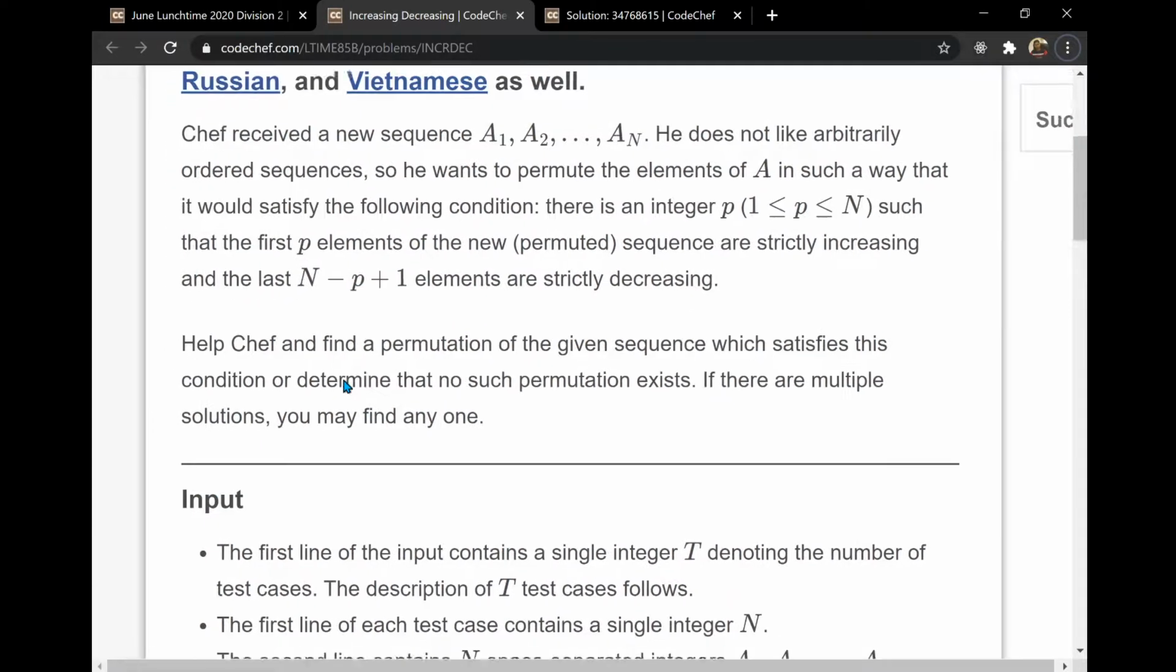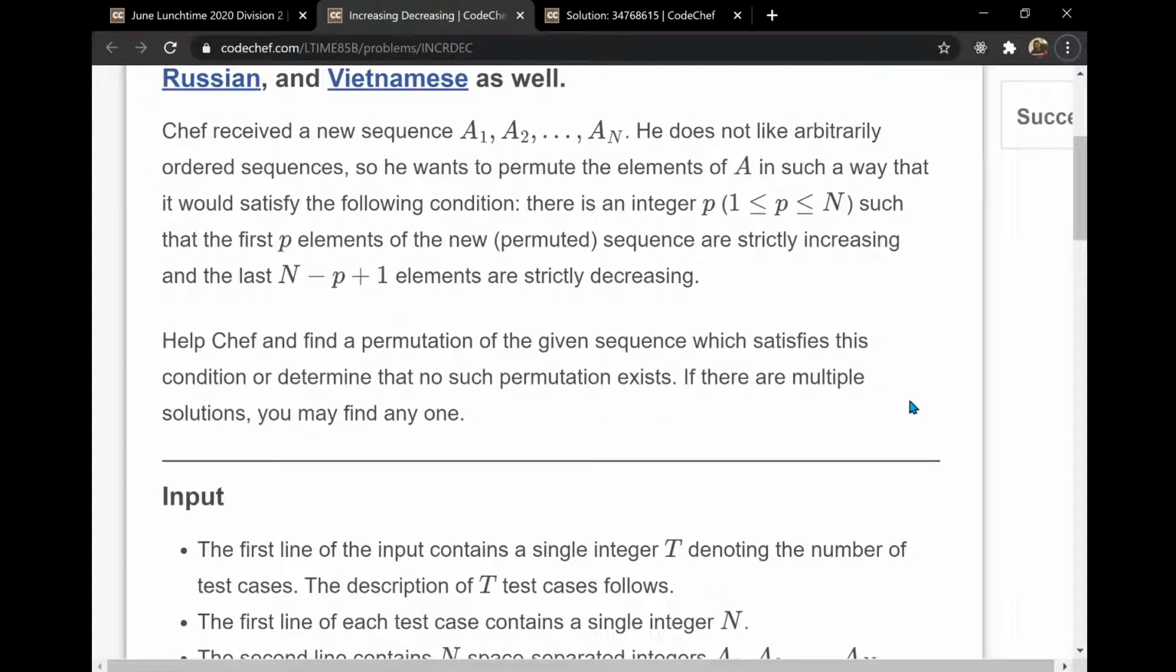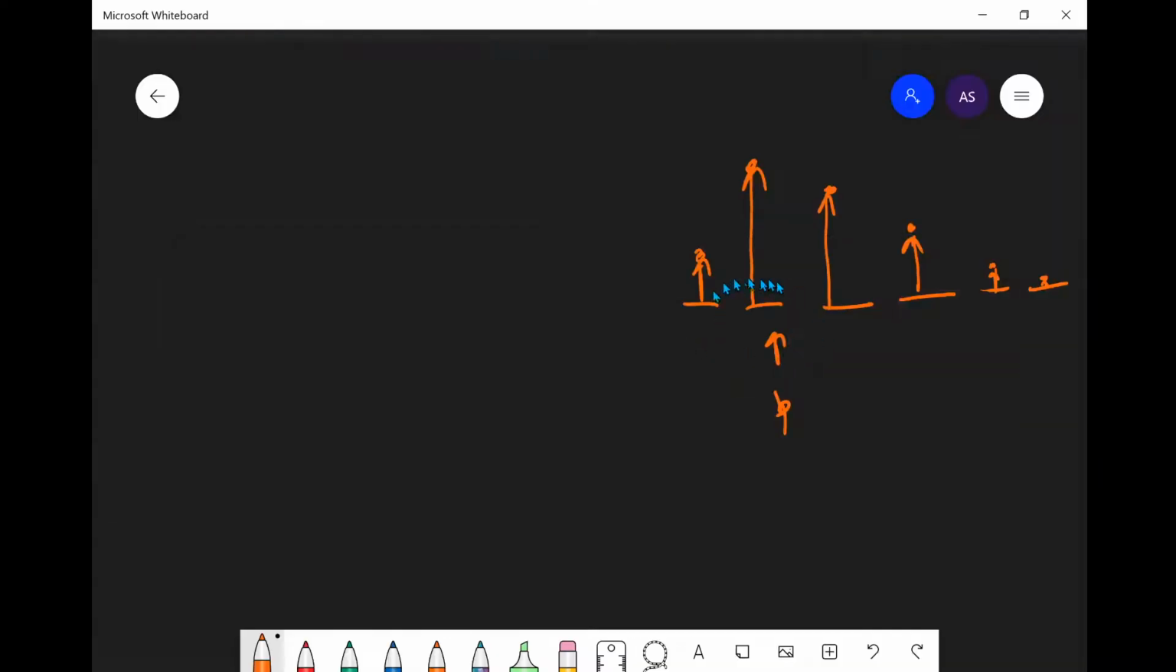You can read the problem, but if I explain it in a simple and clear way without missing any important point, it is something like this. We would be given a sequence a1, a2, ..., an, and we have to make some permutation of this sequence. That means arrange this sequence in any way of our choice such that there is an integer p from 1 to n. Let me explain. Suppose this is the given thing, 1 2 3 4 5 and 6, n equal to 6, such that there is one p such that